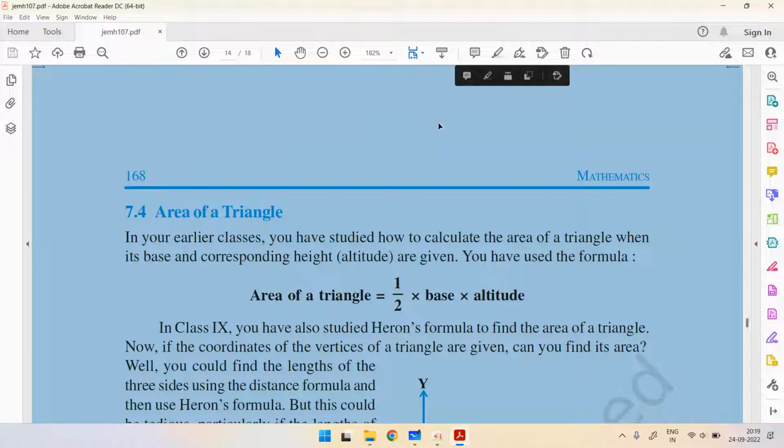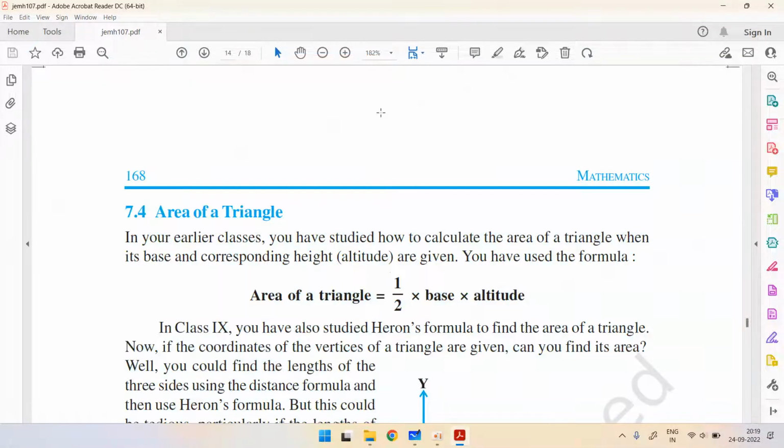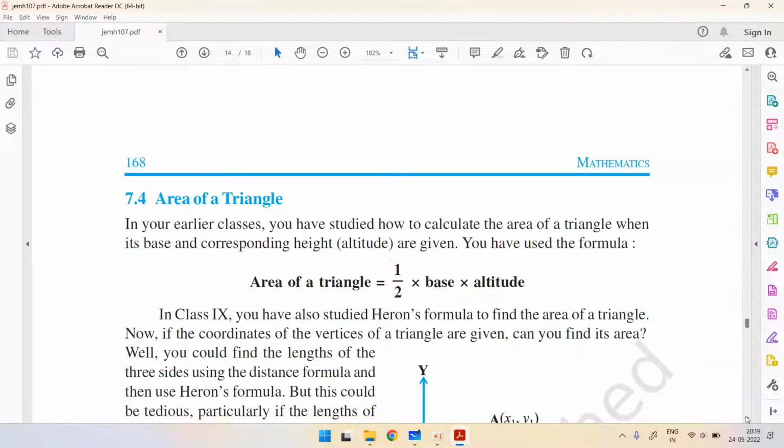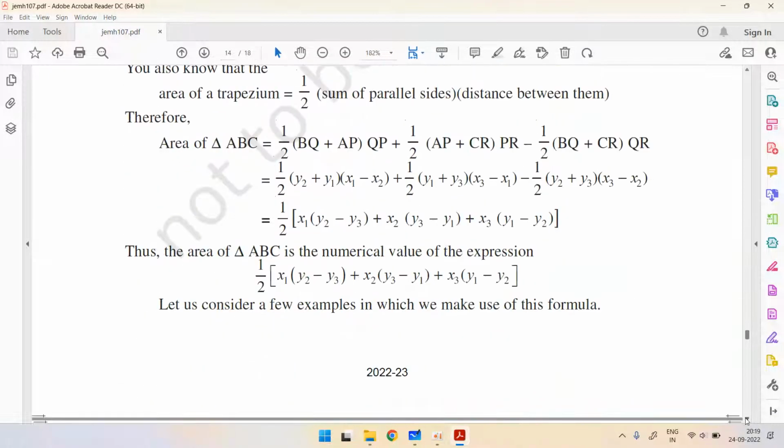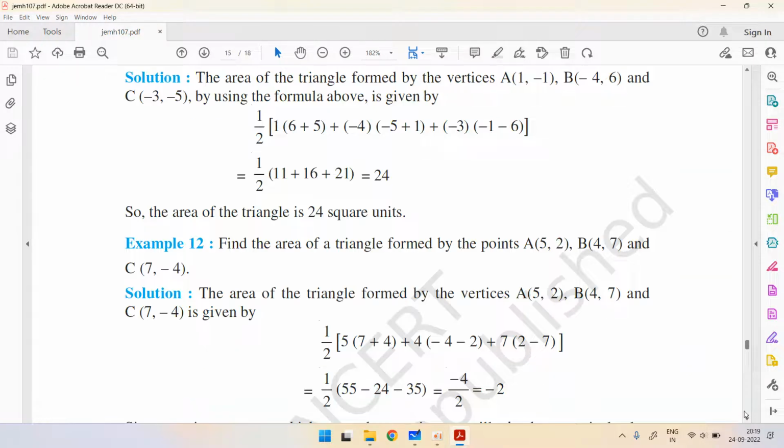Good morning, students. In my last lecture, I completed the two exercises of chapter 7, the coordinate geometry of class 9 mathematics. Now moving ahead with section 7.4. I also told you that the area of a triangle is half base into altitude. You already know this. And by using this formula, what you get is that for